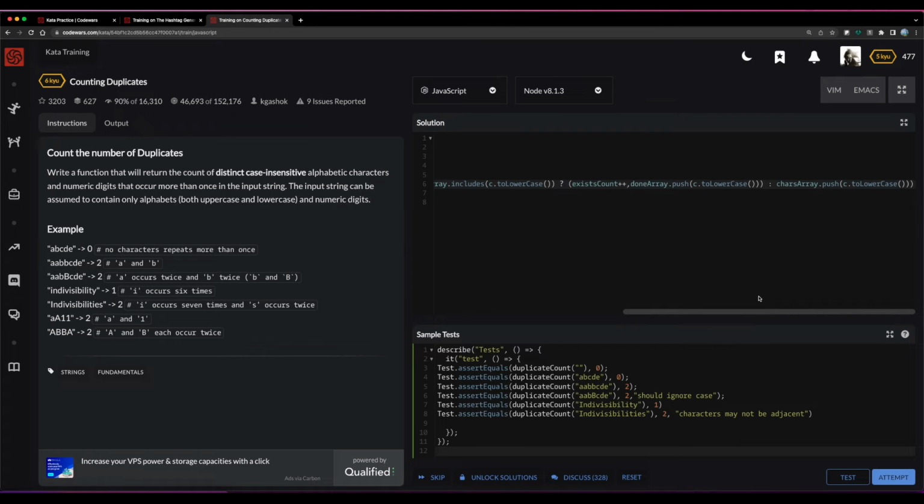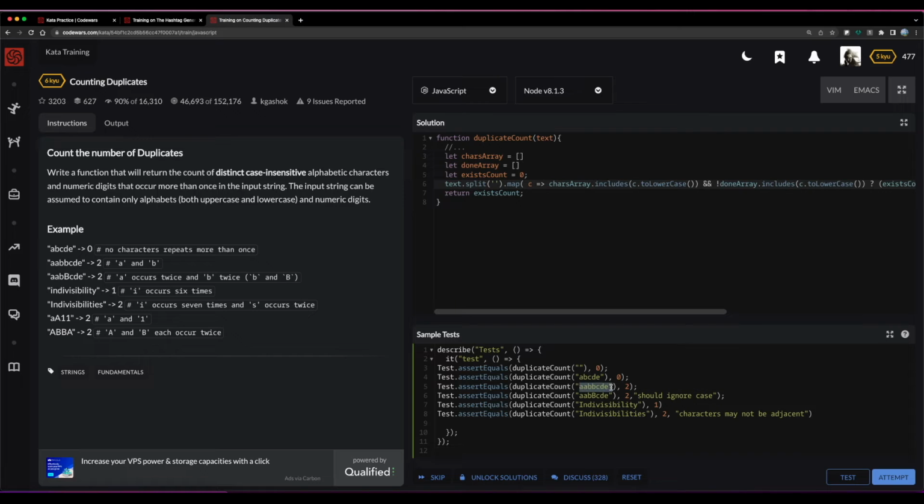And if that's not the case, then we would do a cause array dot push to add it to the array. So for example, if I use this code with this example right here, we run through the code and we see A once,